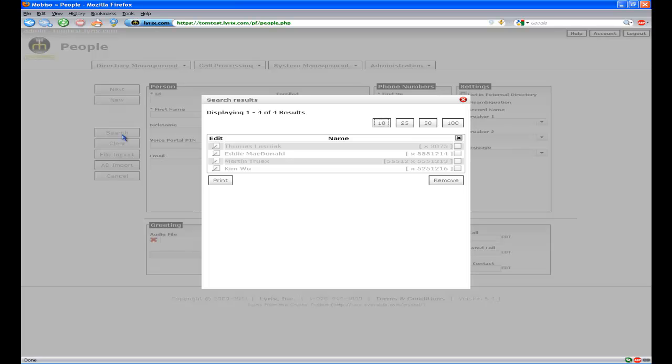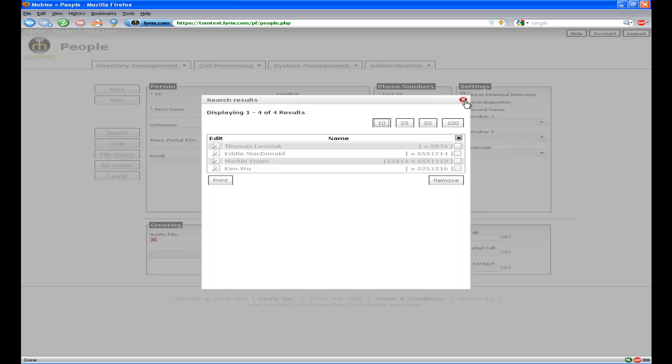If I called in right now, the system would actually not recognize any names that I have loaded because I have not yet rebuilt the company directory. After adding, deleting, or updating employee records, it is necessary to rebuild the company directories. When editing an existing record, only changing the employee name requires a rebuild. If you are only changing a person's email address, phone number, or Find Me setting, a rebuild of the corporate